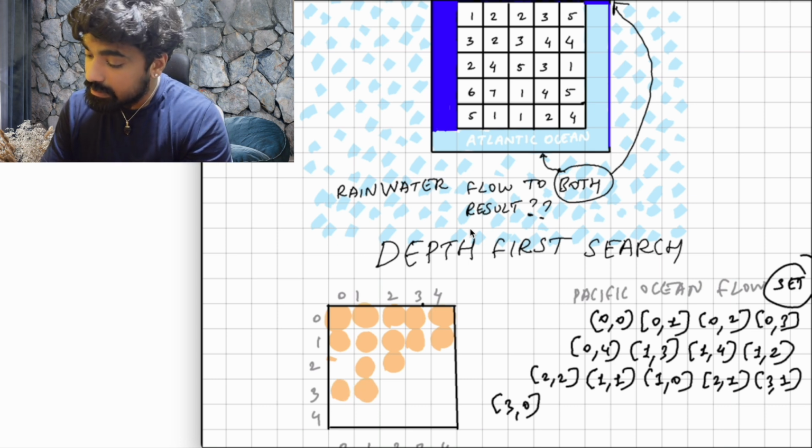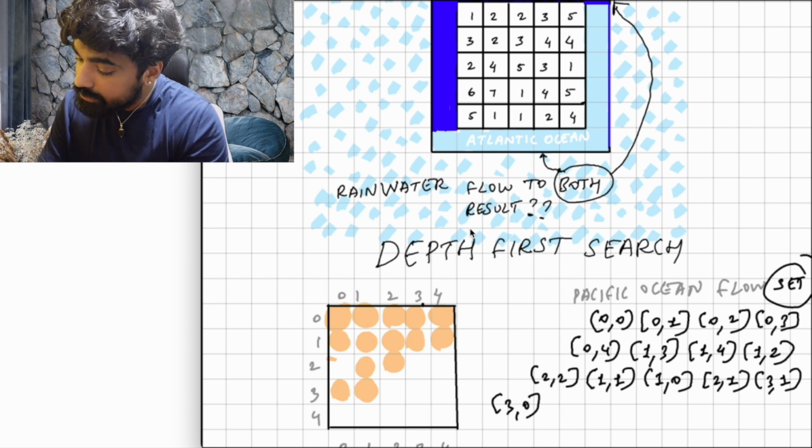And this is the flow that is possible into the